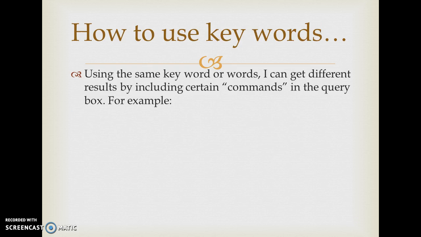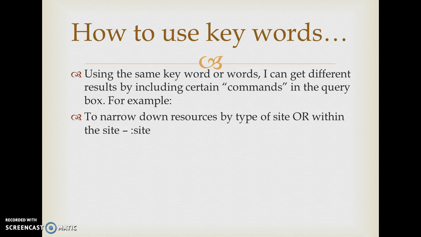Using the same keyword or words, I can get different results by including certain commands in the query box. If you go to Google, the box that you actually type in the keywords in is called the query box. Included with those keywords, you're going to type some commands to tell Google what you want them to give you back, the results you want. So for example,